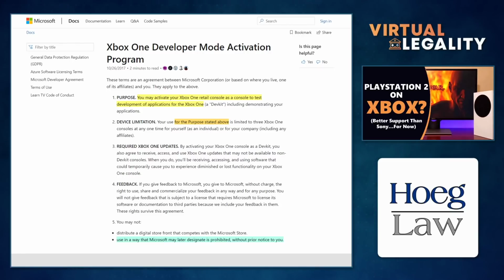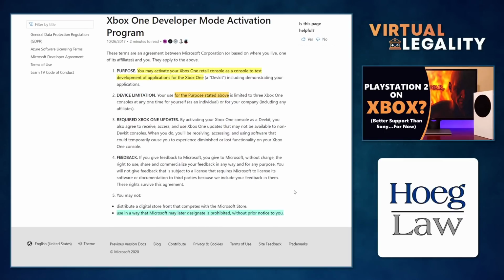Your use for the purpose stated above is limited to 3 Xbox One consoles at any one time for yourself. You agree to accept required Xbox One updates. You can give feedback, and then it's Microsoft's. And then you may not distribute a digital storefront that competes with the Microsoft Store. You can't use the developer program to develop a store that competes with the Microsoft Store, which is an interesting